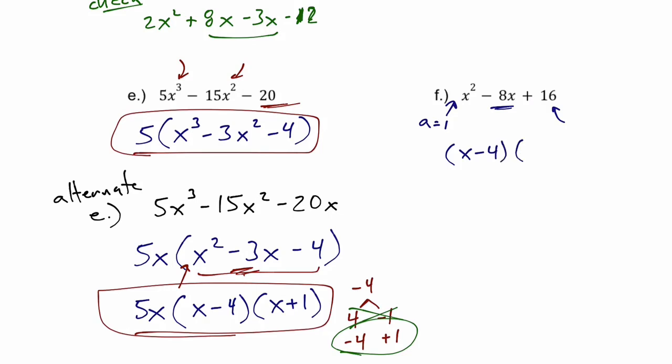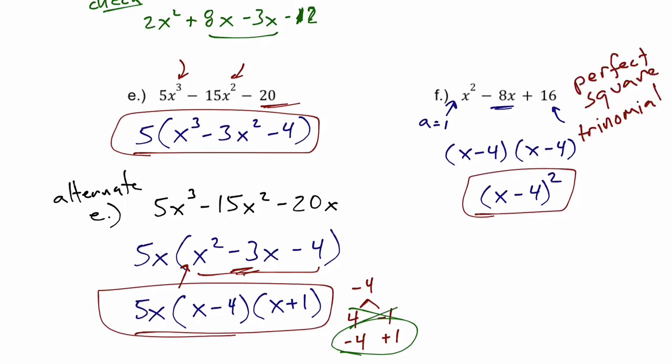Since 16 is a perfect square, negative 4 times negative 4 is the pair of numbers that I need, because negative 4 times negative 4 adds to negative 8. So because it's exactly the same factor, we can combine them and then use an exponent to represent our final answer. So this is sometimes referred to as a perfect square trinomial, because it can be factored into an expression that is a